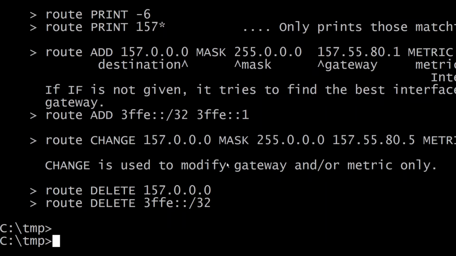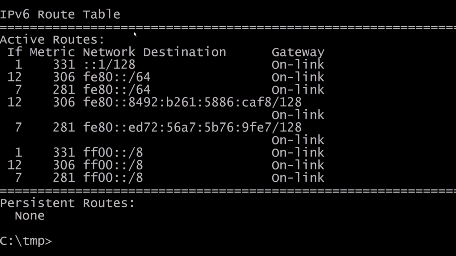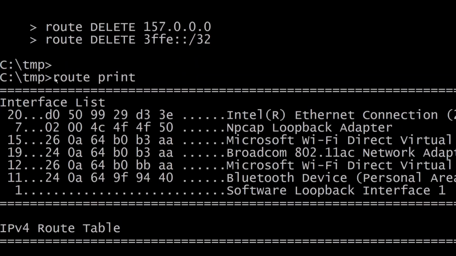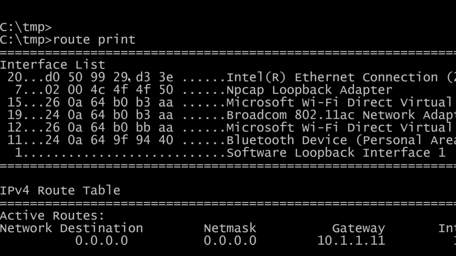If you looked carefully, you would have seen that one of the commands that we can do is something like route print. And that particular option that I've highlighted is intended for IP version 6. If I just use it in general, then I can say route, and that is followed by print. Again, we see a lot of information scrolling across the screen, and there is the point at which we entered it, and you can see that it starts with an interface list.